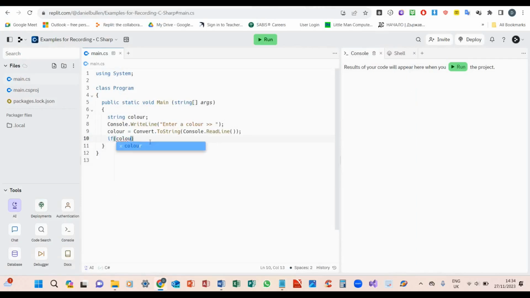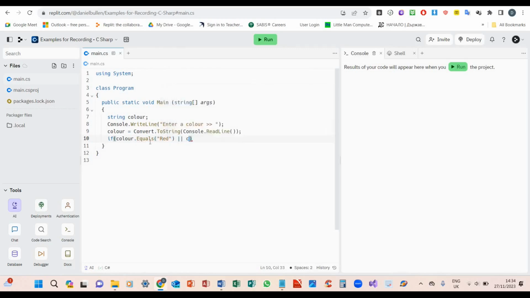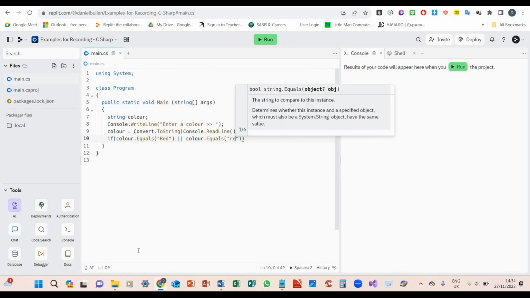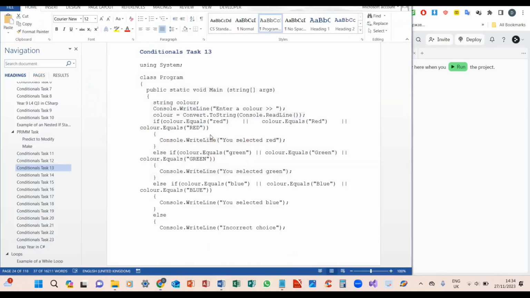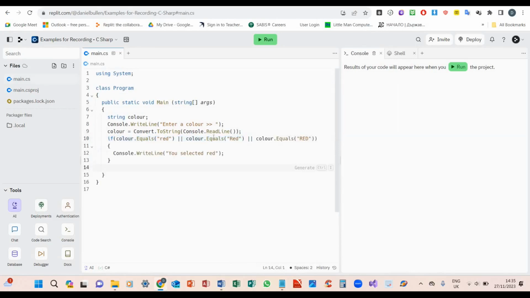So if color equals brackets quotes red, or color dot equals red, yep, so if any of these colors is equal to red, lowercase red, one capital R, and one all uppercase, then we're going to say you selected red. Okay? Then we got else if